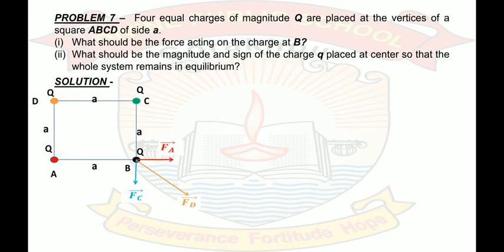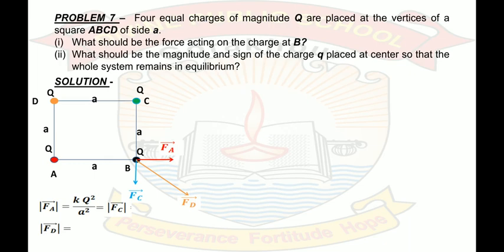How are we going to find it? Let us see. The magnitude of Fa will be kq squared upon a squared. Very simple. The magnitude of Fc will be the same because the pair of charges is the same. Just see, here the pair of charges q and q, distance is a. Here the pair of charges q and q, distance is a. The magnitude is the same, although the directions are different. These two are perpendicular to each other. So this is equal to the magnitude of Fc. Let this be equal to F.